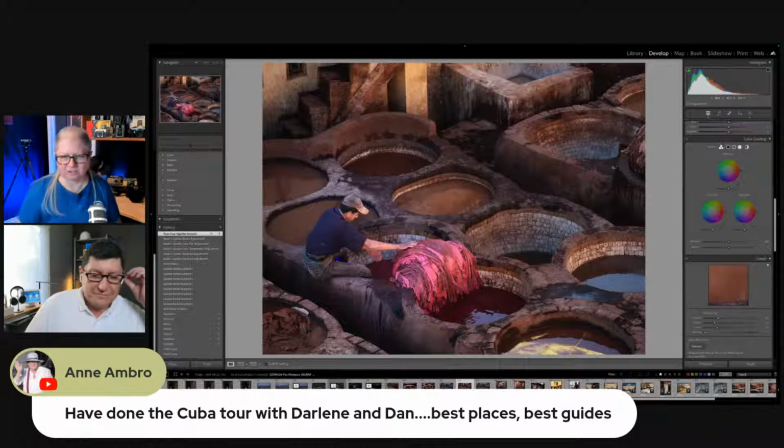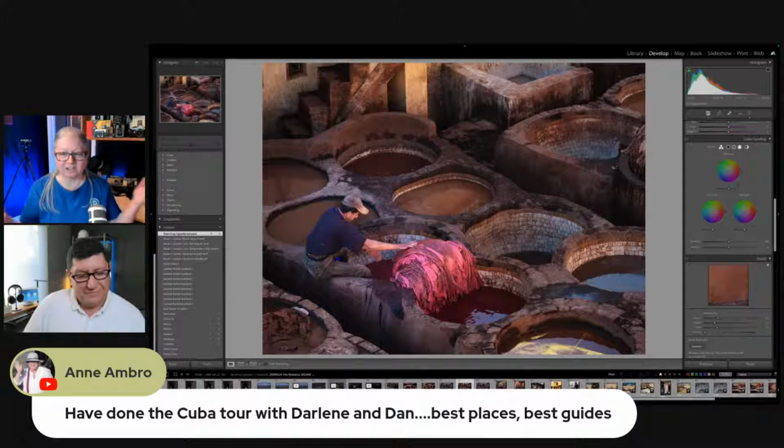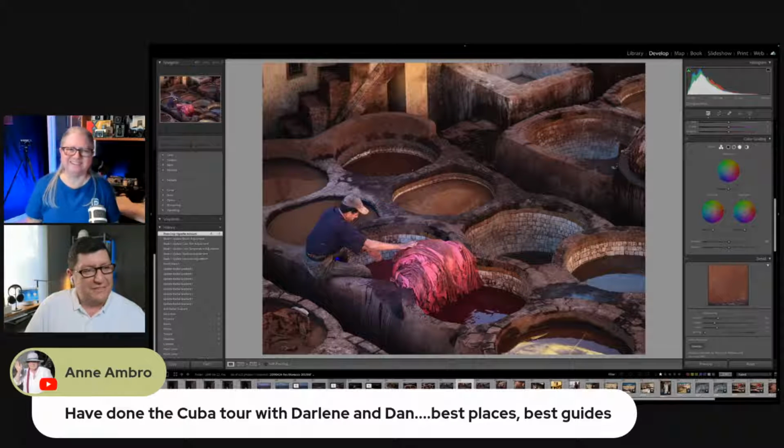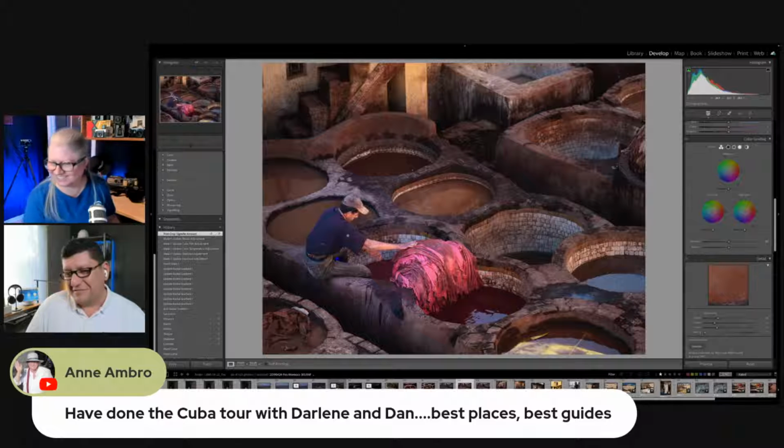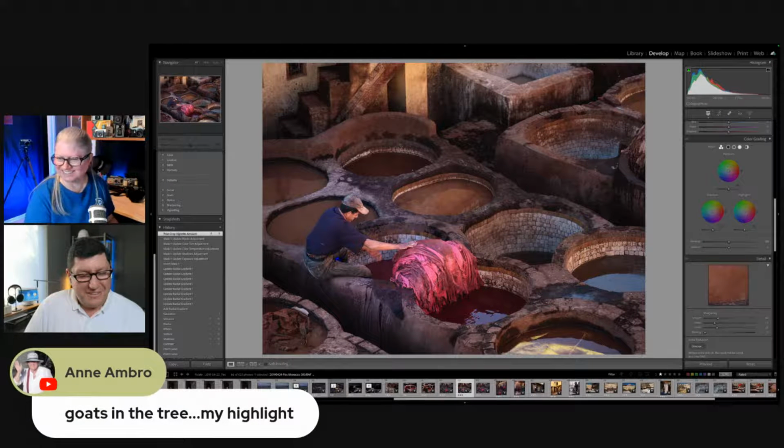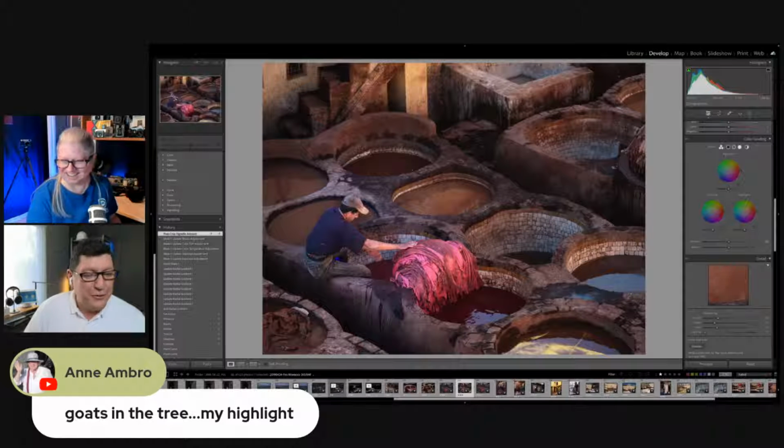Anne says she's done the Cuba tour with Darlene and Dan. You forgot about India, Anne. India was like, are you flabbergasted? Flabbergasted. Okay. She says goats in the tree, my highlight. Yes, you even call one of those goats in your